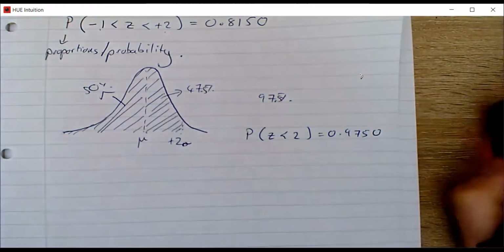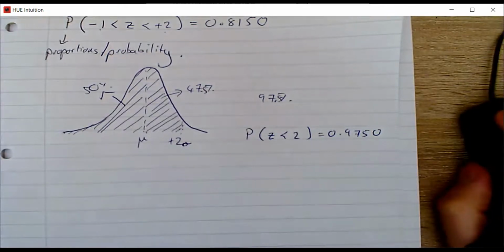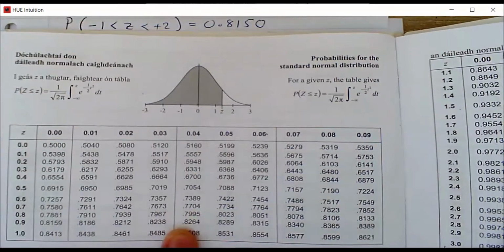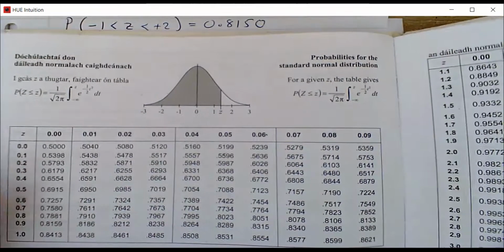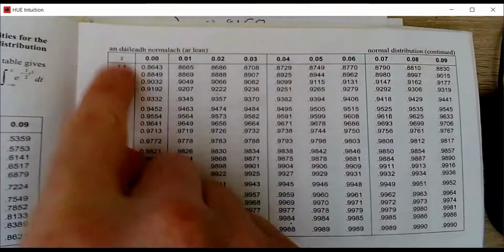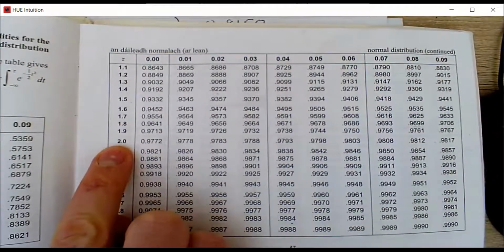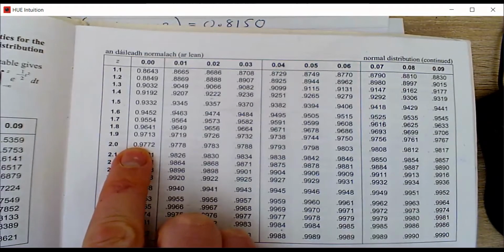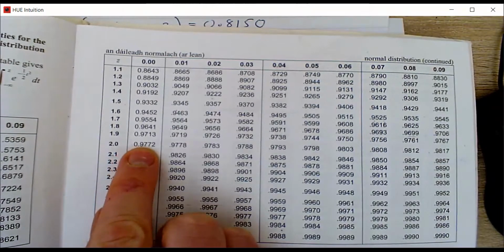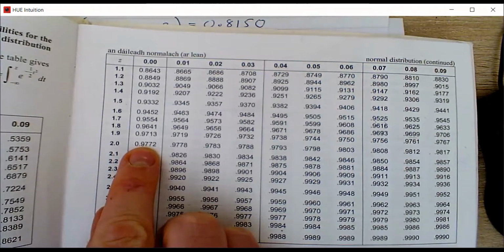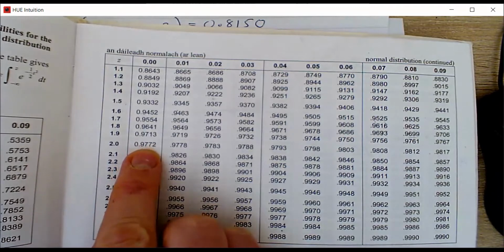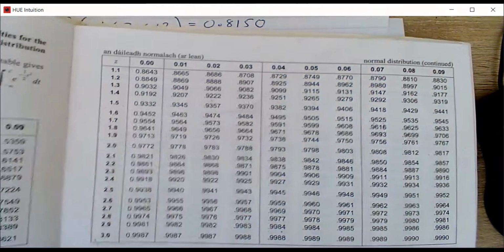Or equivalently, the proportion of standard scores in any normal distribution that is less than 2 is 0.9750. Now, if I point you towards page 36 in your log tables, you get these probabilities for normal standard distributions. Okay, and you can see all of the z-scores listed down here. So if I go down as far as 2, look, it tells me there that within 2 standard deviations, 97.72. It's a little bit more accurate here in the log tables, but 97.72% of values will be less than